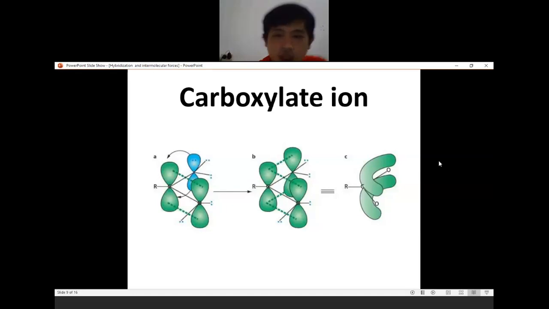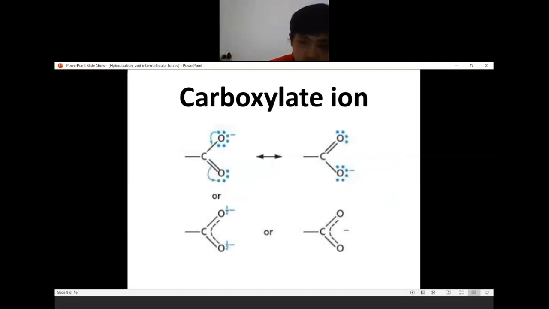And then because the double bond can move to any position, we express it with this half ring structure. Okay. Next, this carboxylate ion, as I told you, the position of the oxygen, either single bond or double bond, can be placed upper and bottom, or maybe can be switched also. So it is not certain, but what is certain is that it consists of C and two oxygens.